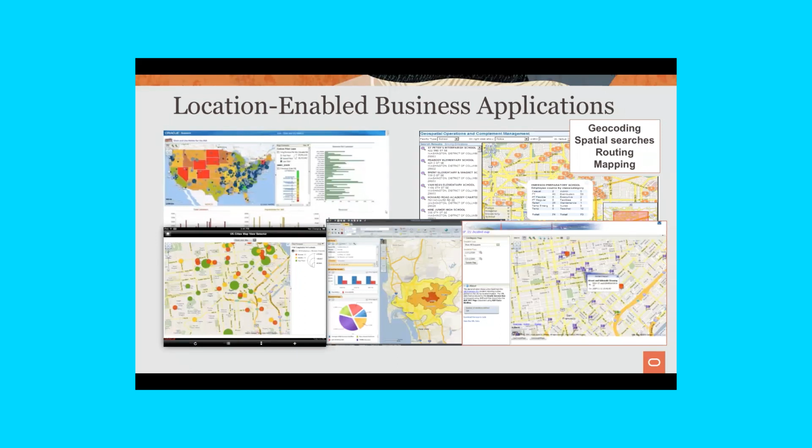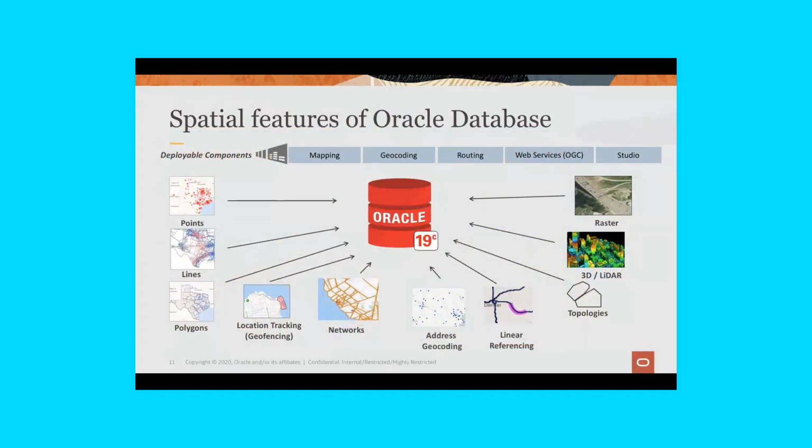So the difference here is, in this case, you're using the database technology and also using mapping technology. And we provide all of the pieces required for building an application like this. So storage and analytics at the database level, and then mapping and other capabilities in a mid-tier level. So what that means is, if you look at the big picture for Oracle Spatial, we have a lot of data types and analytics capability in the database. So that is the lower